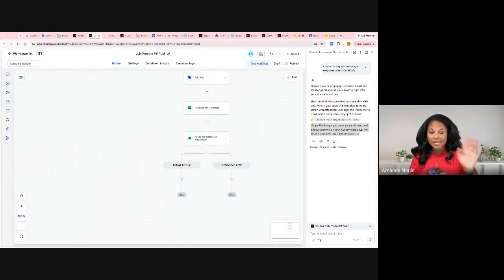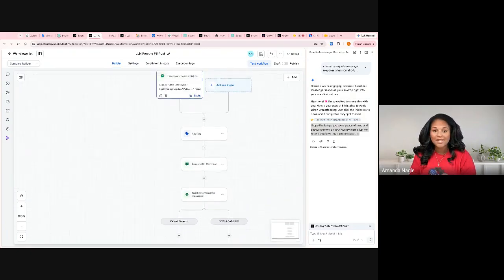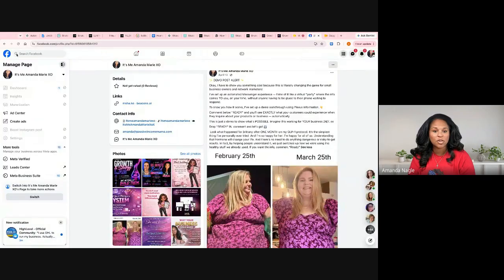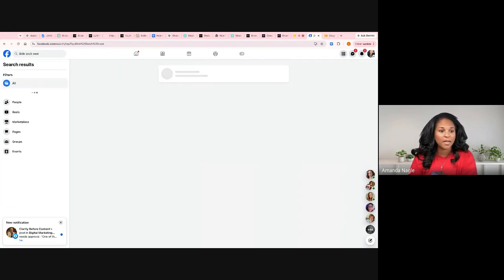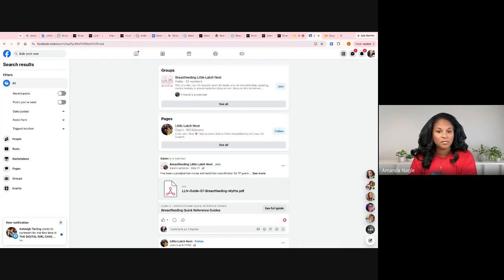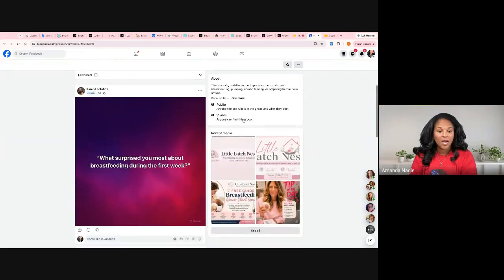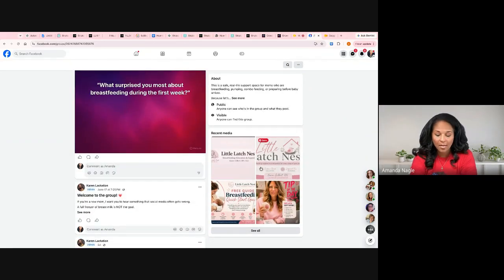Now, it's going to default timeout. There's nothing, like this is literally simple. That's it. One message, one form. Okay. So let's go ahead. I'm going to publish this. And I'm going to go over to your Facebook page, which is this little latch nest. Hopefully I'm following it or I'm a part of it. It'll pop up here. Is this it here? It looks like it. I can't. Okay. I'm on my phone. Yep, that's it. Okay. So if I comment latch,